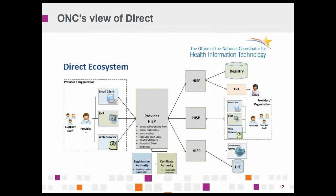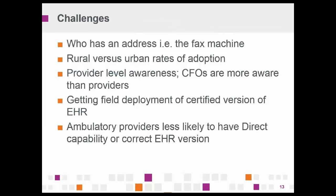Now, there are a number of challenges in the industry, and I want to talk about some of those challenges. The first is, who has an address? Many hospitals are getting up to speed with direct secure messaging, but fewer ambulatory providers are. It's a lot like having the first fax machine. You have a fax machine and you want to send someone a fax, but you don't have anybody who is